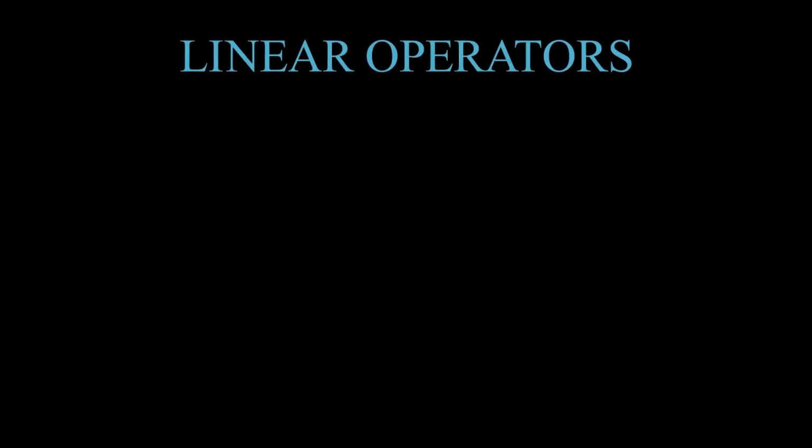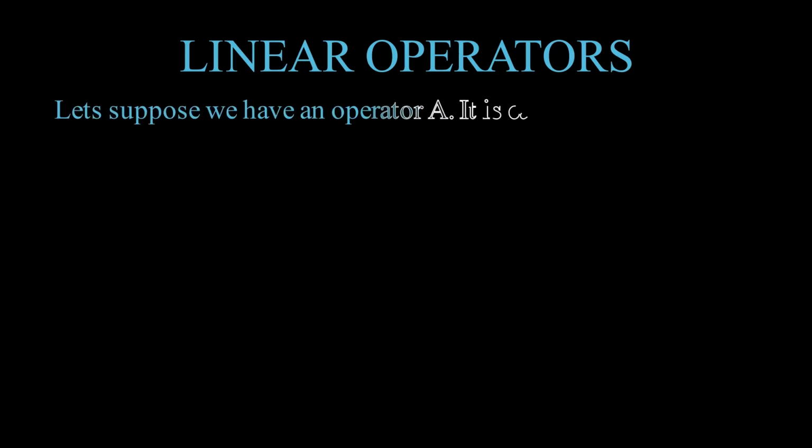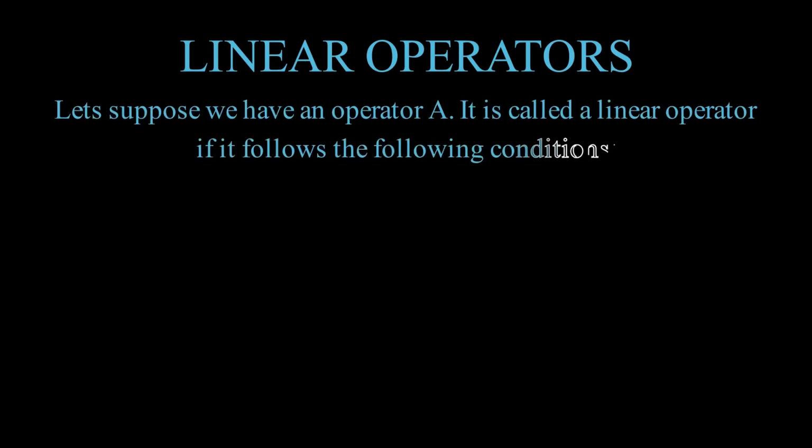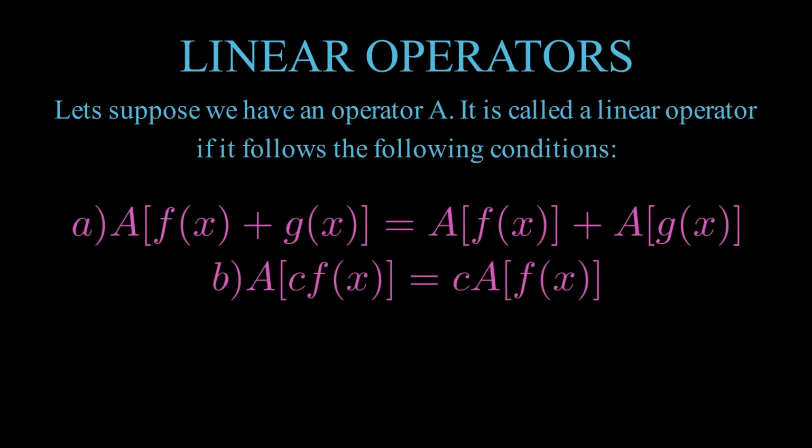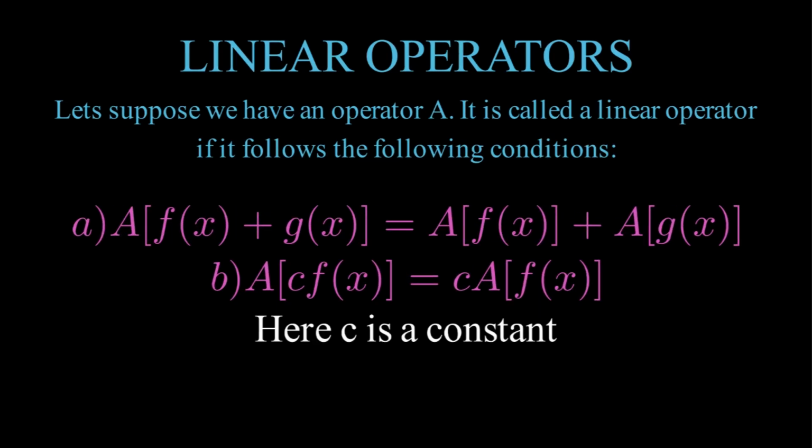Now we will talk about linear operators. Let us suppose that we have an operator A. An operator A is called a linear operator if it follows the following conditions. Here f as a function of x and g as a function of x are two arbitrary functions and c is an arbitrary constant. As per the first condition, when operator A operates on the sum of two functions, that is f of x plus g of x, then this result